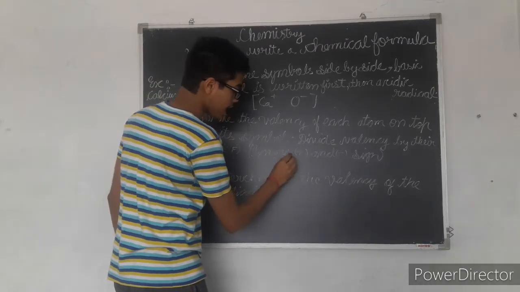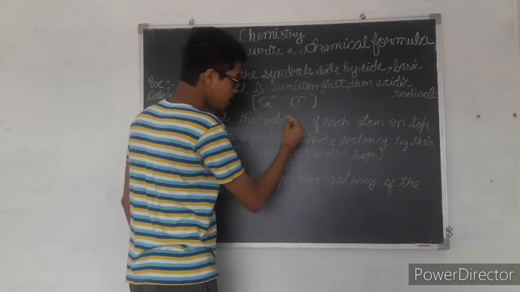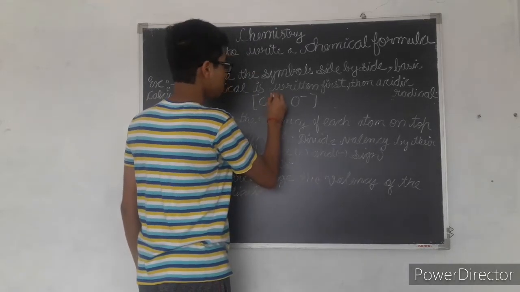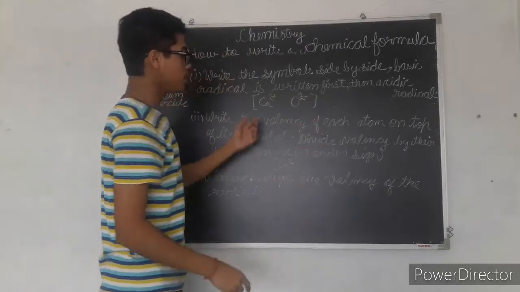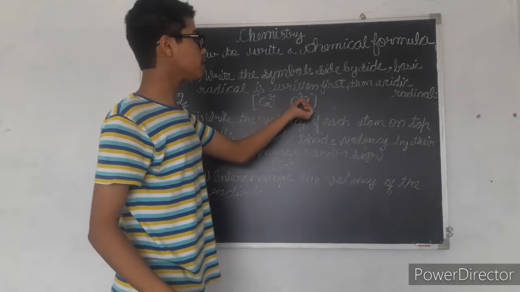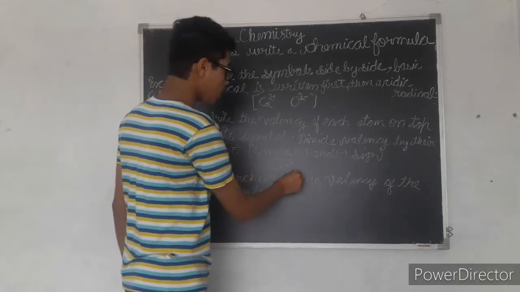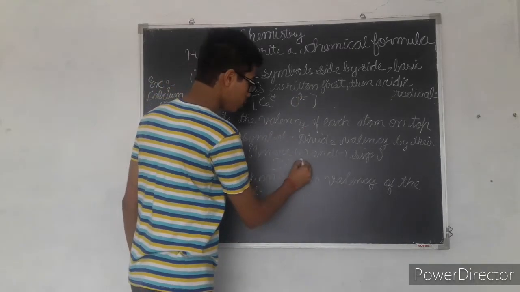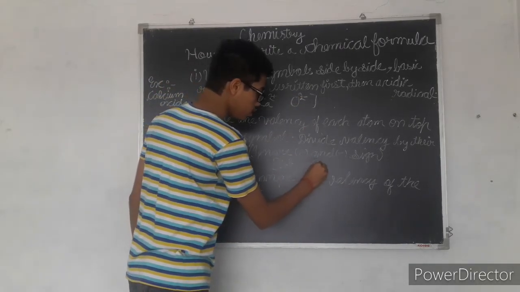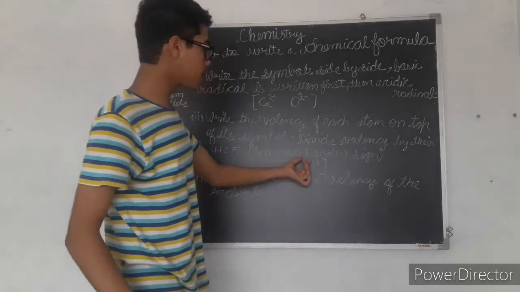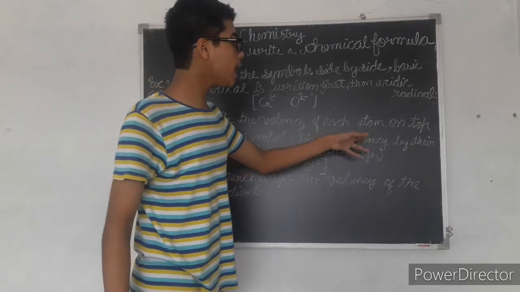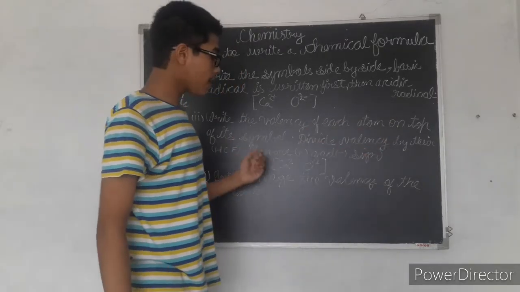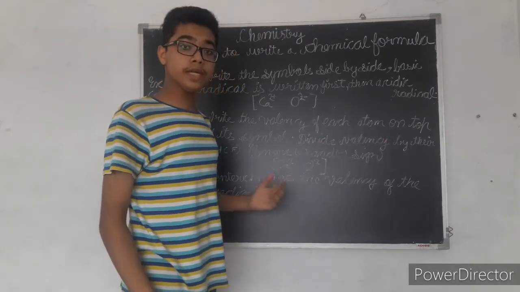So valency of calcium is 2 and oxygen is also 2, here 2 plus and 2 minus. It will be 2 plus and 2 minus because it is having 2 plus charge, it is 2 minus. We will ignore the positive and negative sign, only 2, and here only 2. These are the valencies, and then it is also written that we have to divide the valency by their HCF. So the HCF of 2 and 2 will be 2.